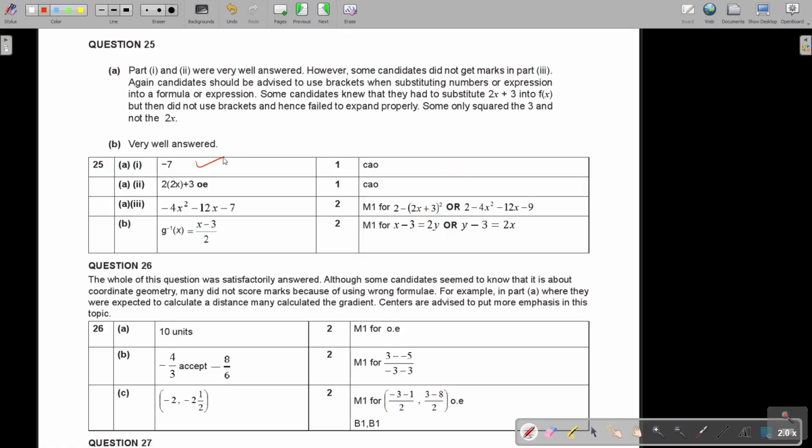That was for negative 7, and then just substituting it in there. So if you wrote 4x plus 3, that's correct. And then for the composite function, if they see you substitute it in, they gave you a mark already, and then one for the final answer. And here also, if they see you swap the x and the y, then they gave you a mark, and then also for the final answer.